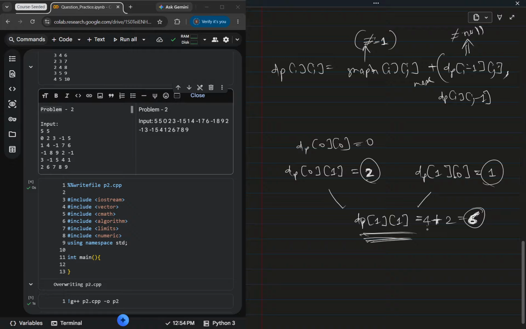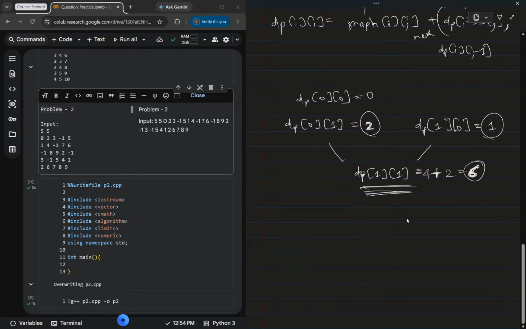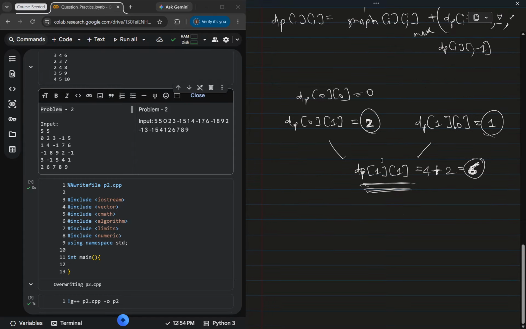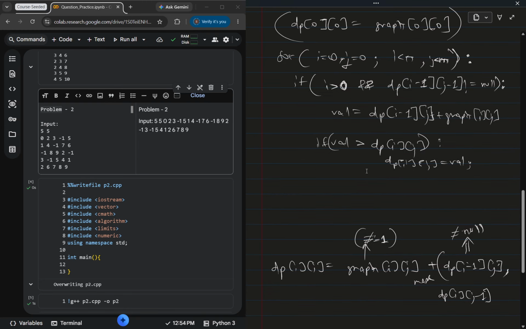You are getting me right? So basically that's the basic concept of 2D DP. So I think I've already taught you. This was kind of a revision for your 2D DP, I would say. Next you have your